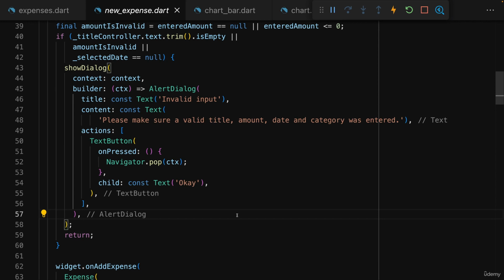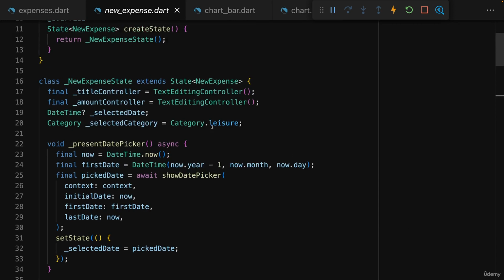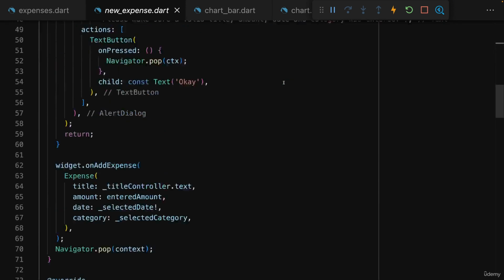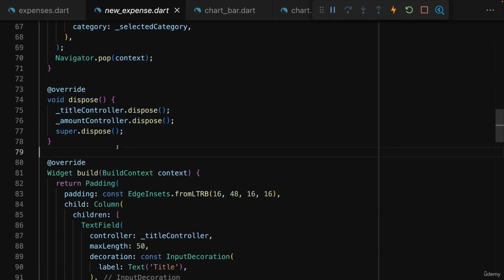these extra elements. You learned how you can handle user input with text editing controllers or by manually storing the input values as we're doing it here for a selected date and selected category. You learned that if you're using a text editing controller, you also must dispose of it with help of the built-in dispose method into which you can hook to make sure that the memory for these controllers is freed up as